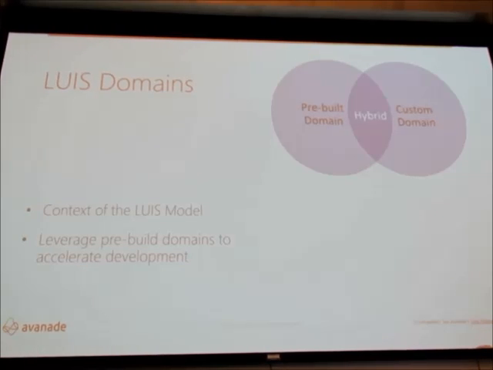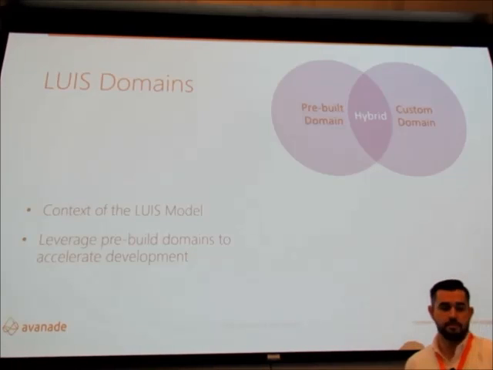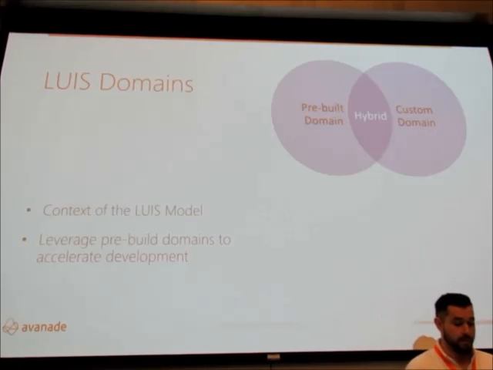What's in your domain and what's not in your domain are very important things. So there is a None intent, which we'll get to in a second, that tells our model this has nothing to do with what we're trying to tackle, so the model should not respond to it, and we give it the None intent. There are also a lot of pre-built domains that we can leverage from LUIS, and we can build a custom domain on top of that, which we call hybrids. So we don't always start from the ground up every time.